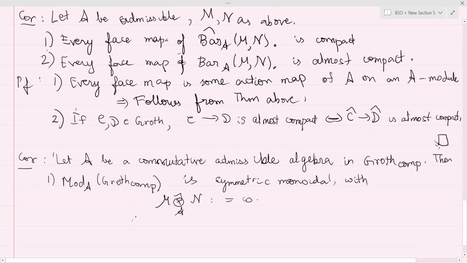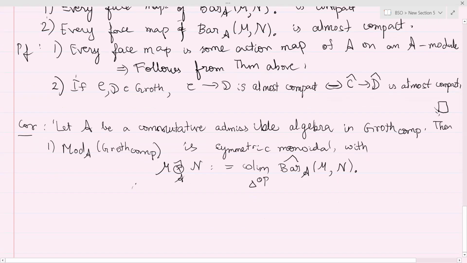This will be the realization of the completed bar complex. And the second thing is, if you have a morphism of admissible algebras,